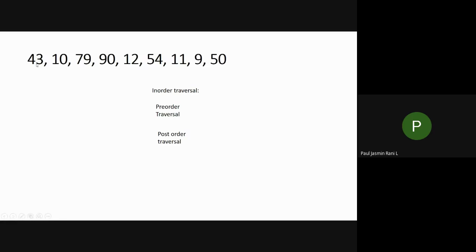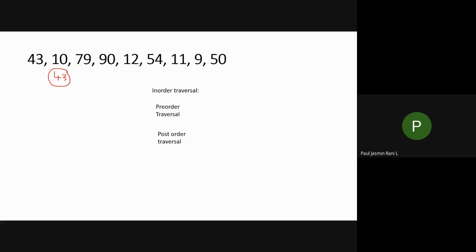So already you know how to create a binary search tree, isn't it? Let us consider this example. You have this data, and using this information you are going to construct a binary search tree. How will you construct it? First you will take your first data and mark that as your root node, isn't it? I hope you are doing this problem in your notebook parallelly.